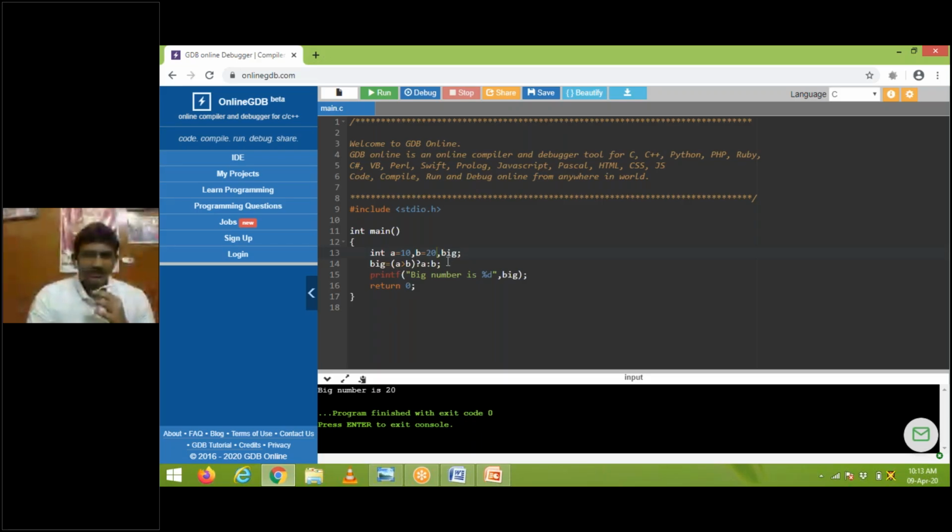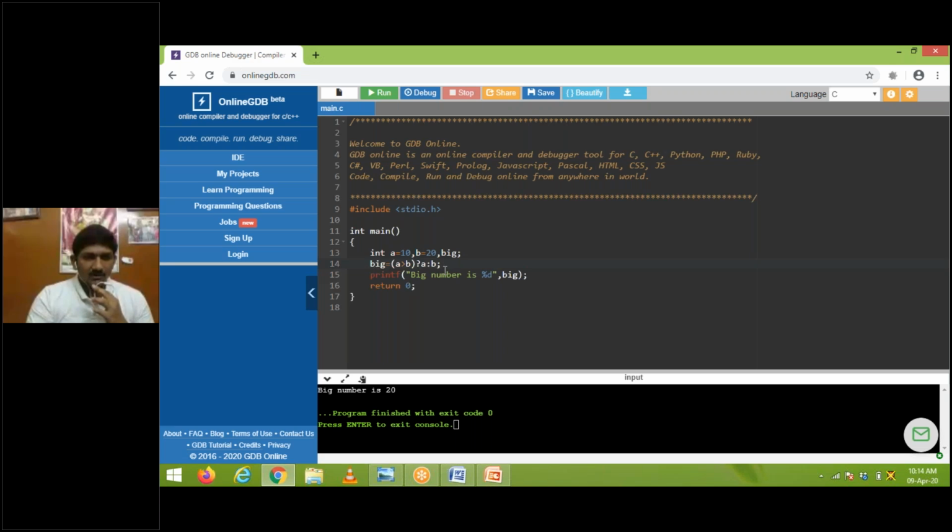Whenever you are using an if condition, you can also solve the biggest number program by using this operator. The difference between if condition and conditional operator is that the lines of code will be very few. For example, in a conditional operator, if you would like to find the biggest number among three numbers, only a single line is enough.